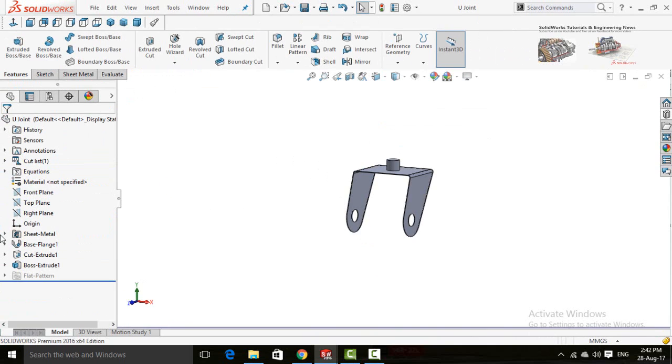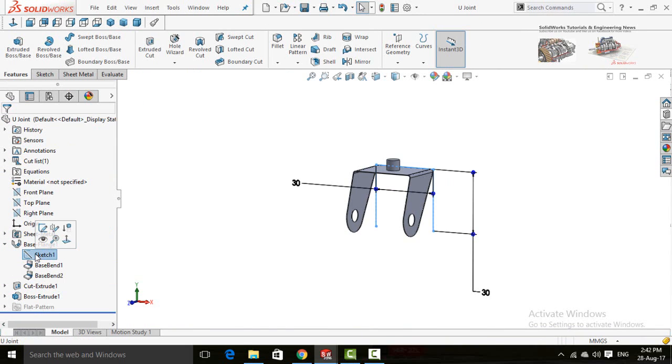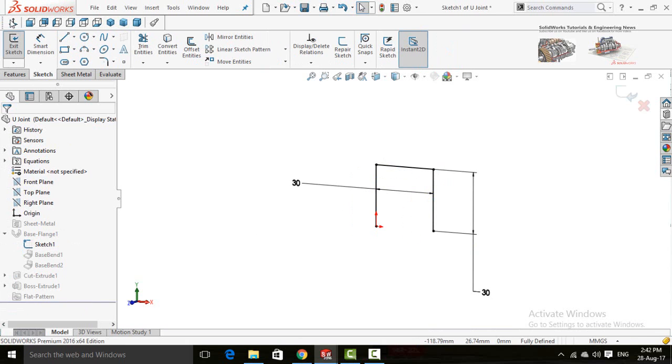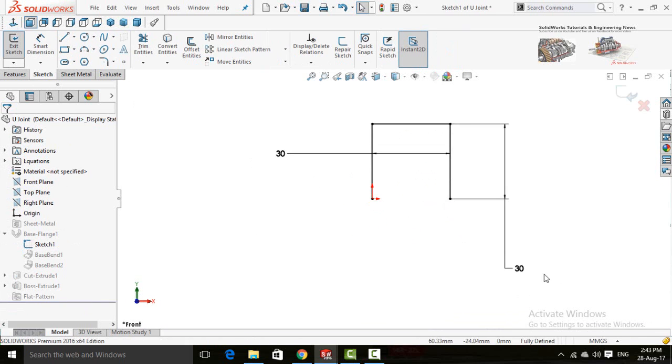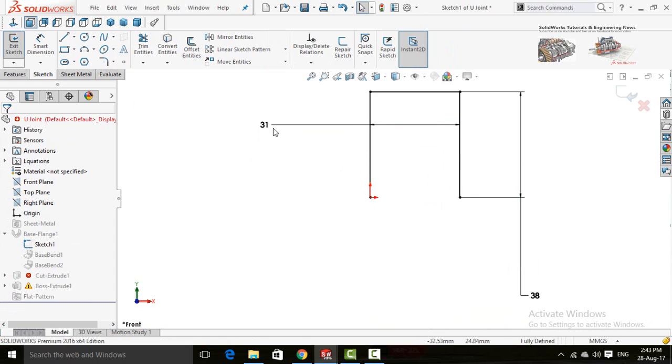Now drop down this sheet metal option or base flange option and then click on sketch, then edit it. Make normal to, .38 and 35.